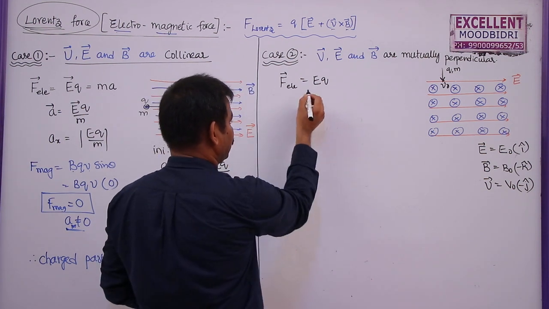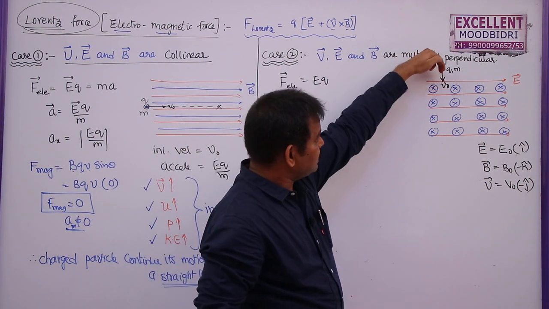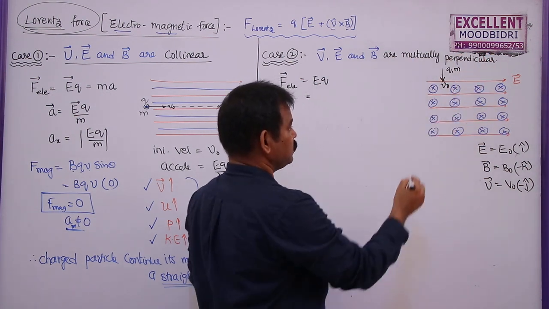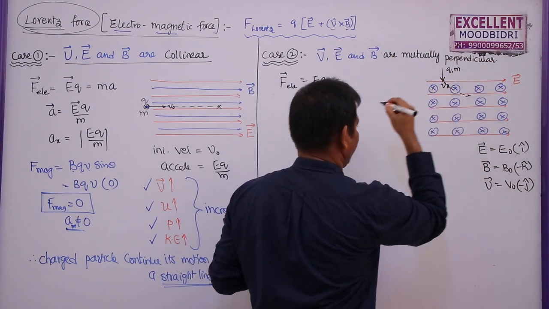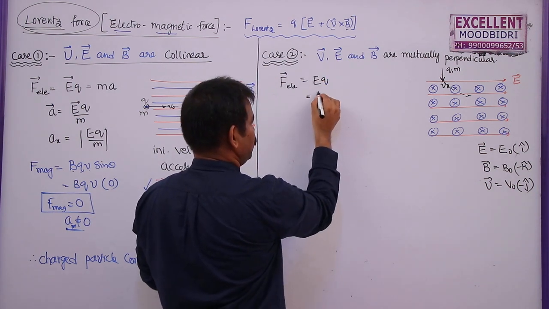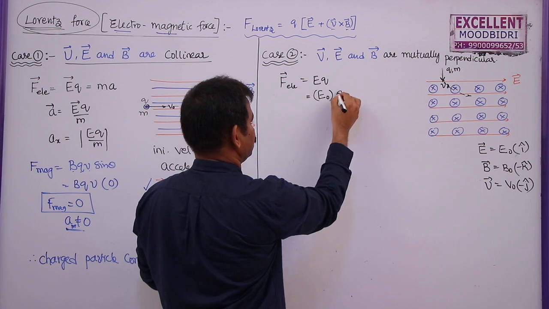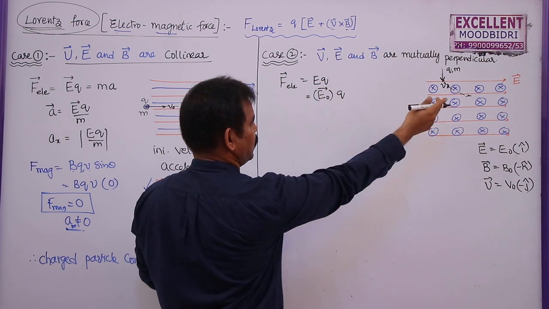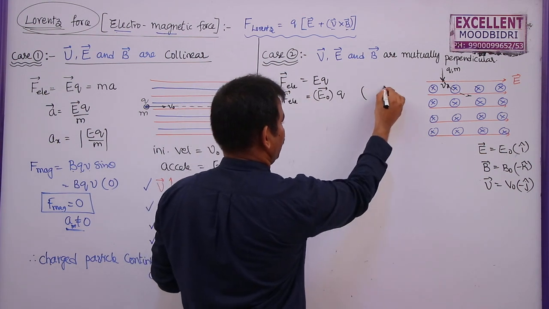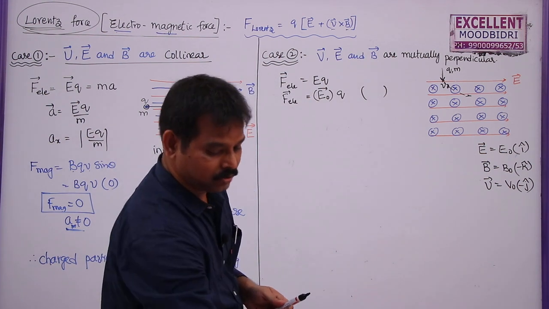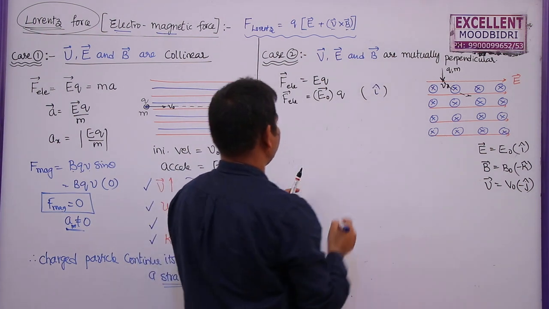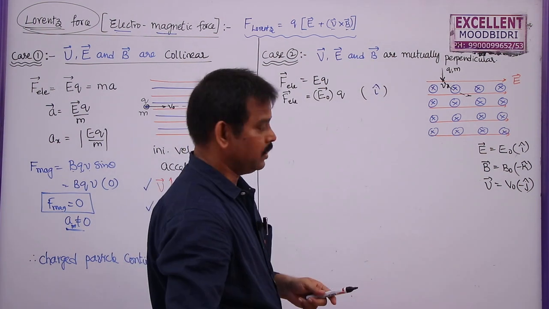Now what is the electric force? Whenever a charge enters here, it will experience a force in the direction of the electric field, so it will try to move towards right. So this can be given as E is equal to E naught magnitude charge Q, and its direction is along x-axis. So electric force will act in the direction of electric field. So I am going to denote this as I cap. So this is I cap. So electric force is acting towards x-axis.